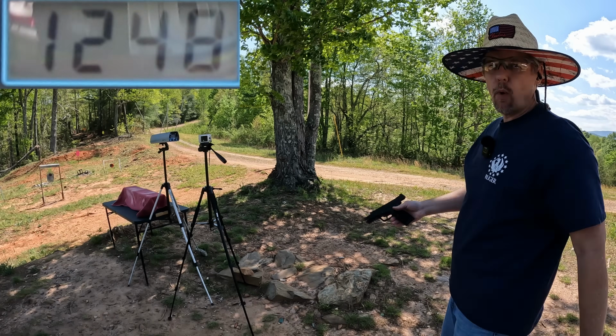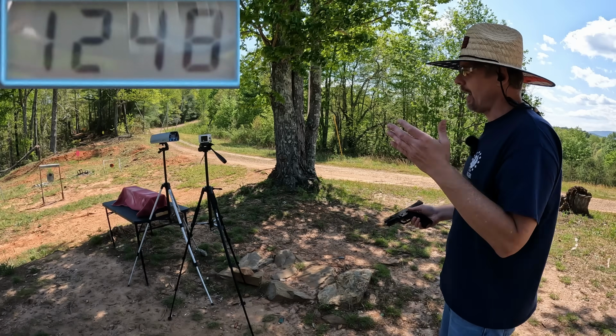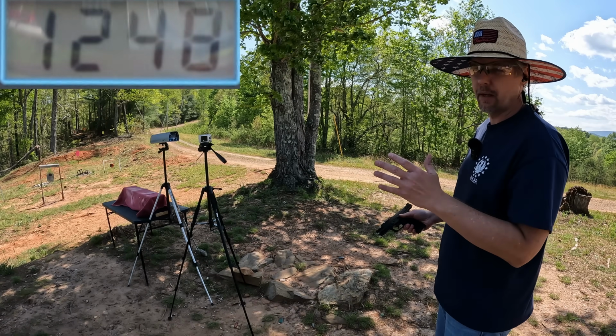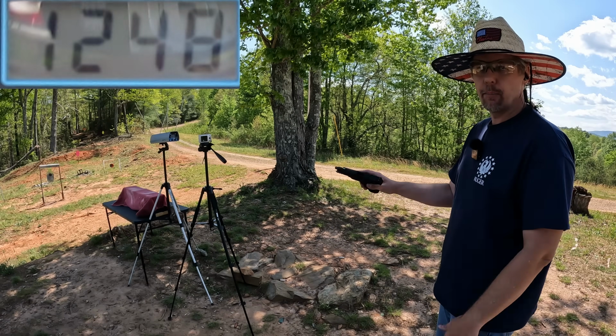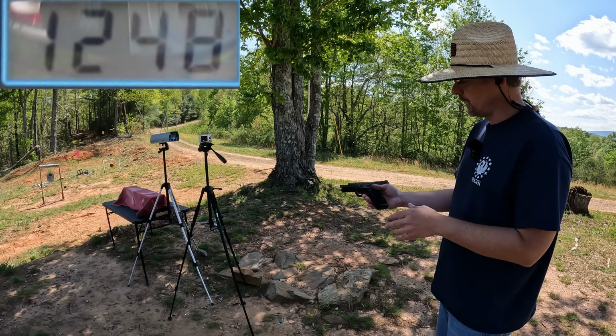I can just tell by watching the numbers out of the corner of my eye that it's very consistent. I think every single round was between 1200 and 1250. A couple of them might have been a little bit over 1250, but I didn't see anything under 1200. Every single round cycled absolutely perfect through this P322, which I'm very glad to see, because I'm gonna be honest